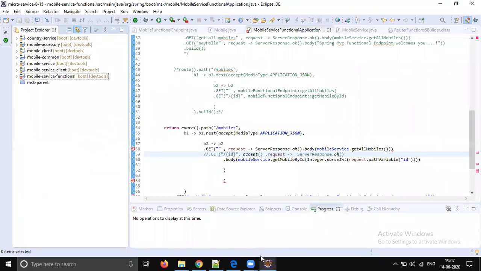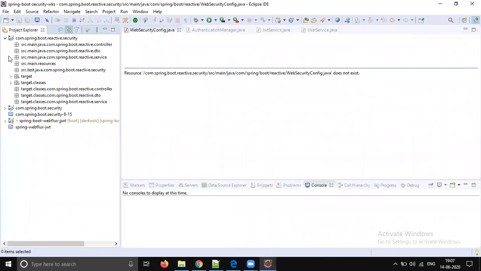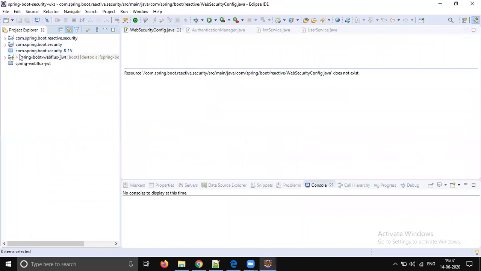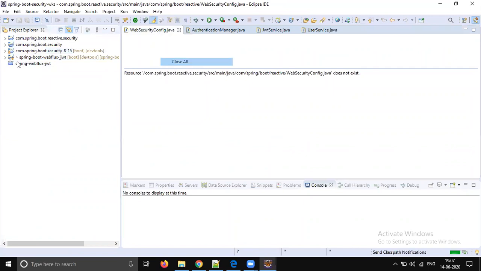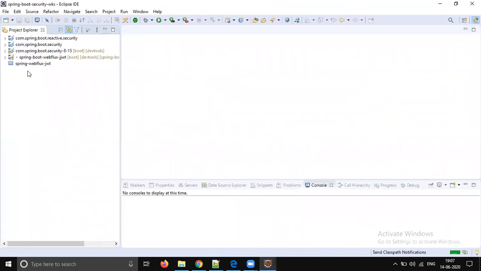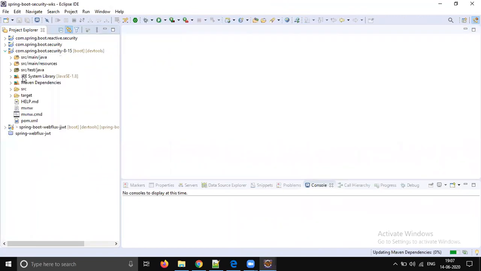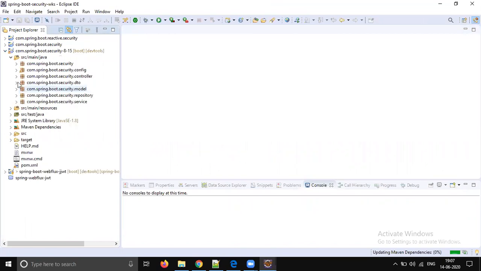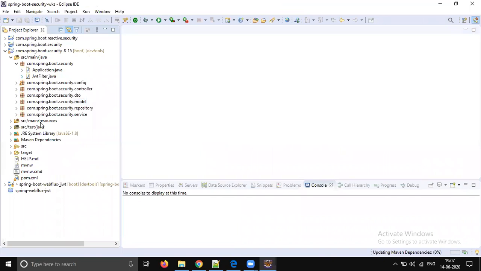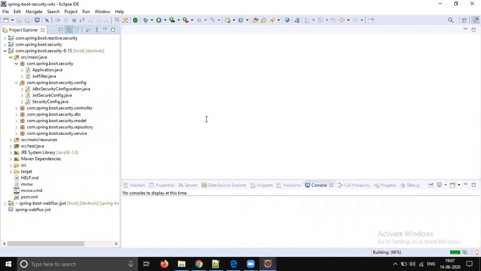Yeah. In our last session, we got stuck here, right? So we were writing some string example and we are getting an exception, right? So yeah, let me do a quick recap. What did we do in the last session? In the last session, we were discussing Spring Boot MVC security.